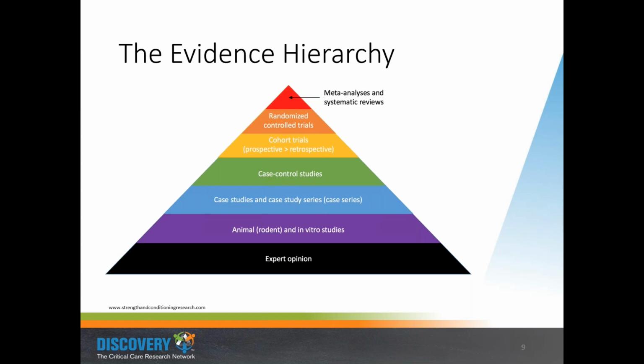So I think most people are familiar with this evidence hierarchy or evidence pyramid in which we grade the types of study designs according to their ability to really drive new practice change or to establish causality. And at the base are things like expert opinion. We move through case series and case studies to case control studies. Really, we're going to be talking about the distinction between cohort studies. They can be done prospectively, but we're going to be talking about retrospective data and then randomized control trials.